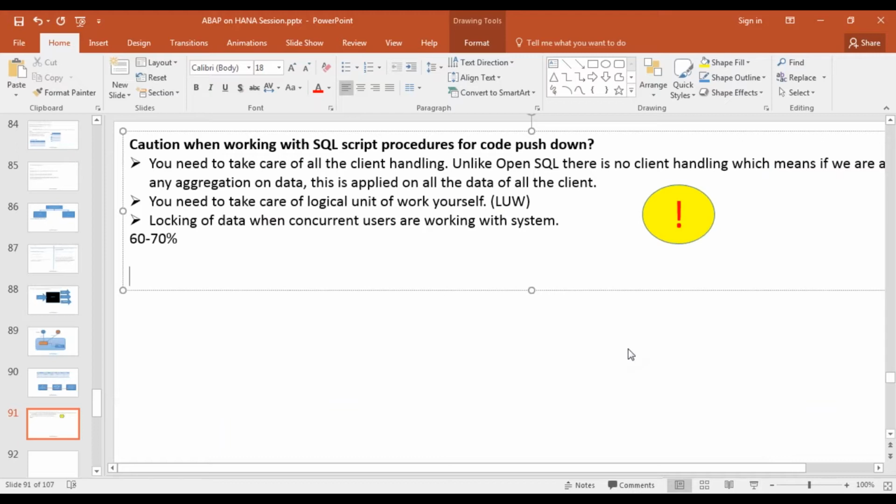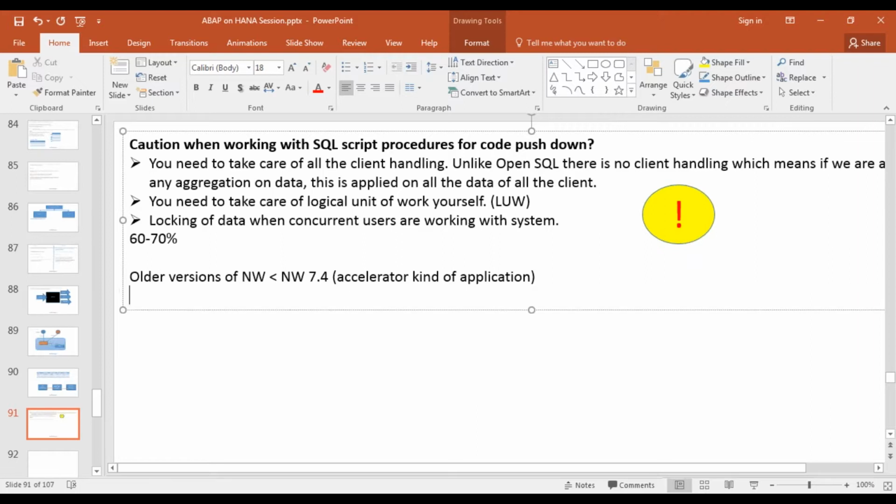The first case: if you are on an accelerator kind of scenario, on older versions of NetWeaver, which means less than NetWeaver 7.4, basically an accelerator kind of application, or where HANA DB is connected as a secondary database, and you want to make a call to the procedure, you have only one option called ADBC, ABAP Database Connectivity.